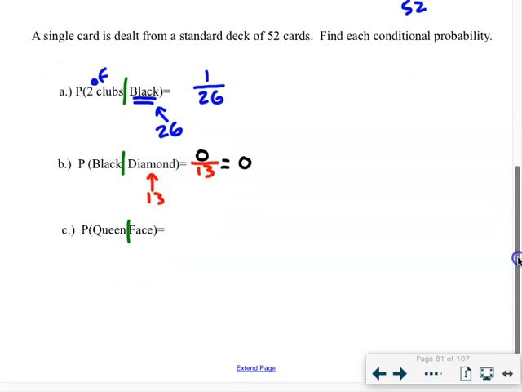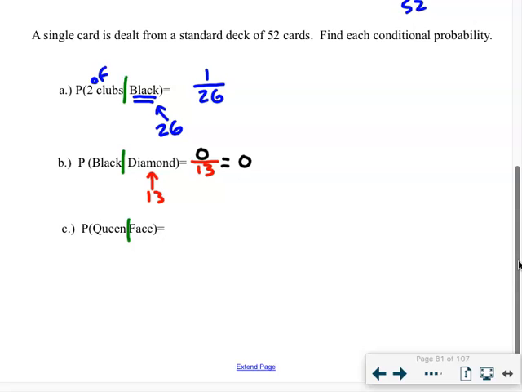The probability that we get a queen, given that it's a face card. The first thing we want to figure out is how many face cards there are. There are 12. There's 4 jacks, 4 queens, and 4 kings. So of the 12 face cards, we want to know the probability that we pick up a queen. This is saying, I know that I picked up a face card. What's the probability that it was a queen? Well, there are 4 queens in the deck, 4 of each card. So this reduces to 1/3 or 0.333 or